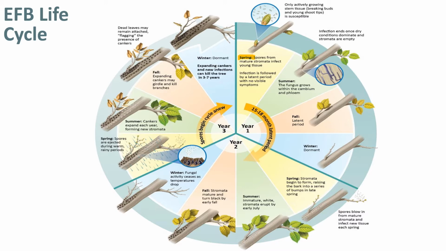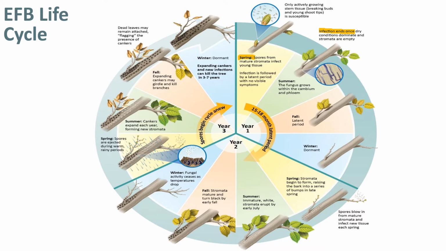So you'll have infection beginning at bud break in the spring and persisting until dry conditions dominate and the cankers and the stromata, which are the spore-containing structures, are empty, which in Oregon, it tends to be towards the end of May, but in Ontario, we think it's likely to be a little bit later, probably towards the end of June. So then here's a very important feature of Eastern Filbert Blight,